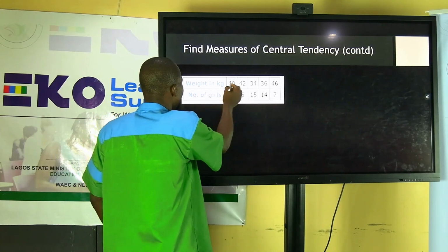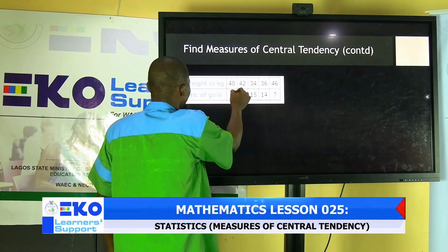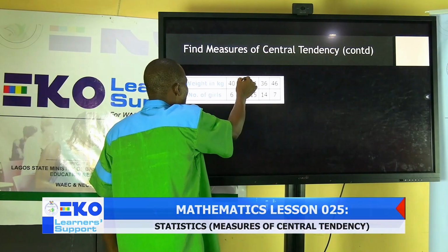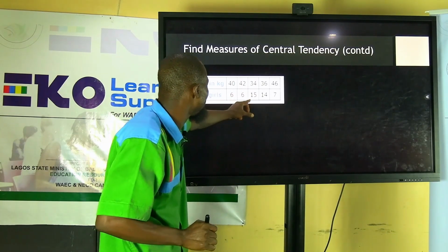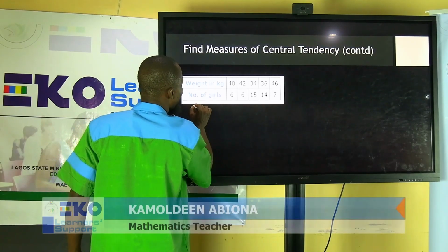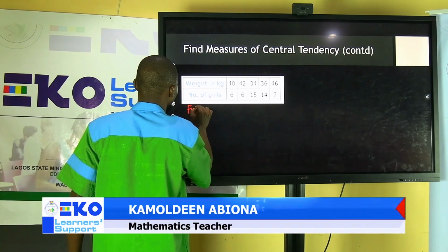Weight 40 kg, 6 girls have this. 6 girls weigh 42 kg, 15 weigh 34, 14 weigh 36, and 7 weigh 46. So the question here is to find the mean,